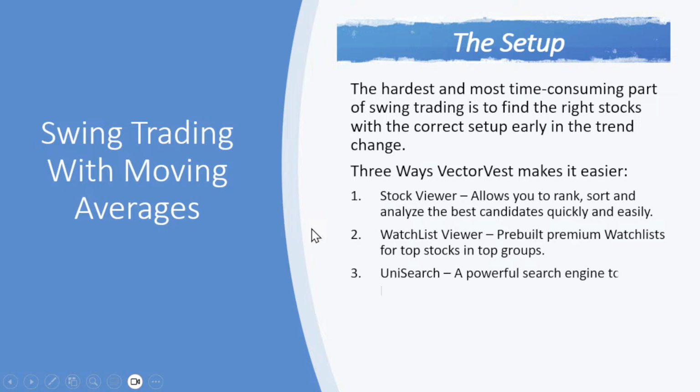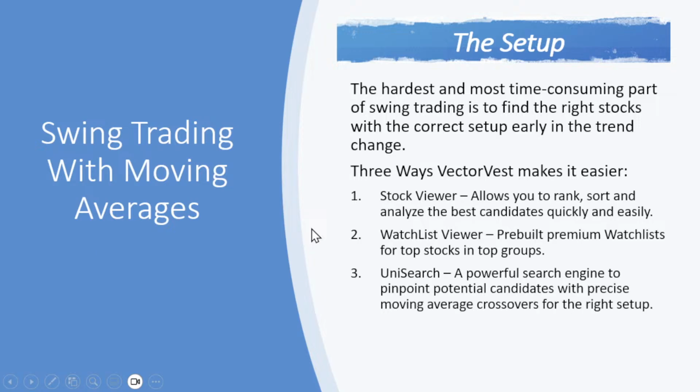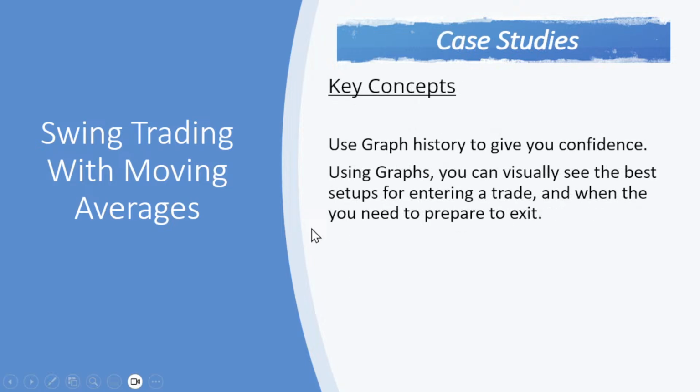My preferred method is the Unisearch. It lets you run advanced technical searches with exact moving average conditions. Little cherry picking after that. What I always say about scans like this is they get you most of the way there. They get you there faster. Okay, this is how traders save hours each week.